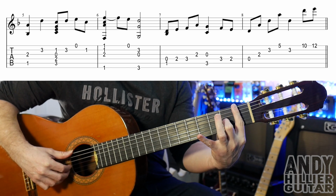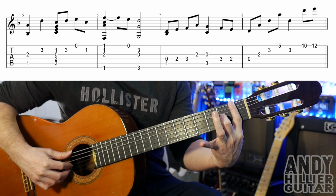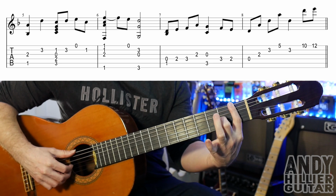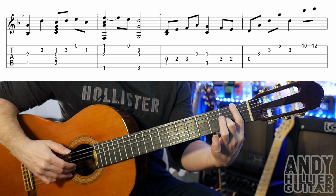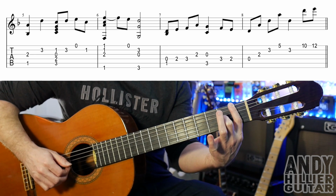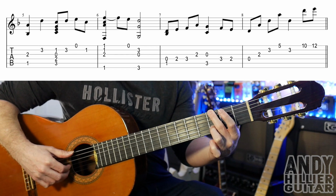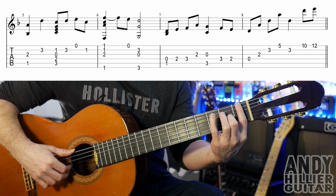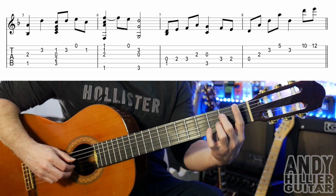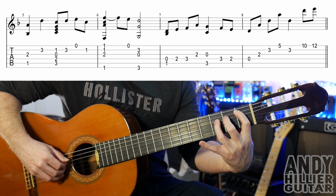And then bar 6, I'm barring my first finger across all the strings on the first fret and putting my second finger on G2, playing the E, G, B and E strings, then open E, and then E3 and B3 with the open G string at the same time. So bar 6 goes. Into bar 7, we've got